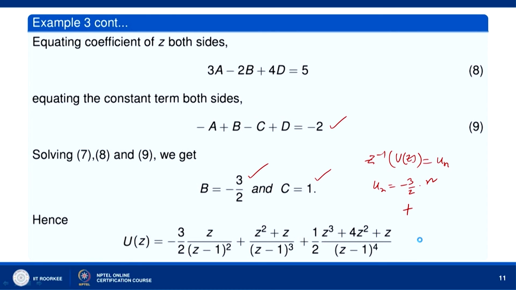So, you get n square here. And this is z transform of n cube. So, minus 1 by 2 n cube. So, this is plus 1 by 2 n cube. So, what we can do, this is 1 by 2 n times, we will have n square plus 2n minus 3. So, this will be having factor 1 by 2 n plus 3 into n minus 1. So, u n will be equal to 1 by 2 n into n plus 3 into n minus 1.